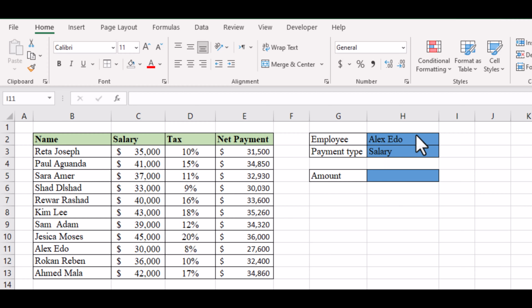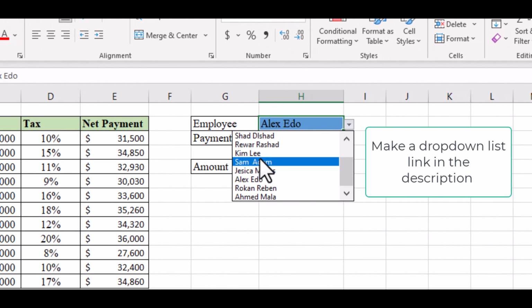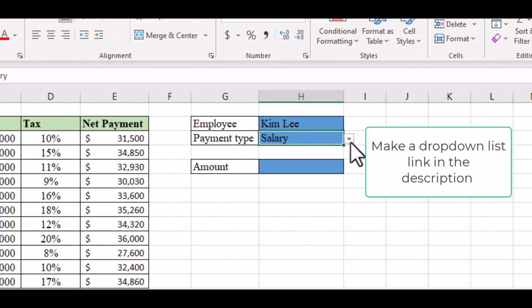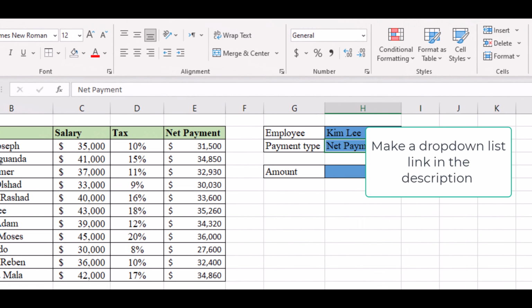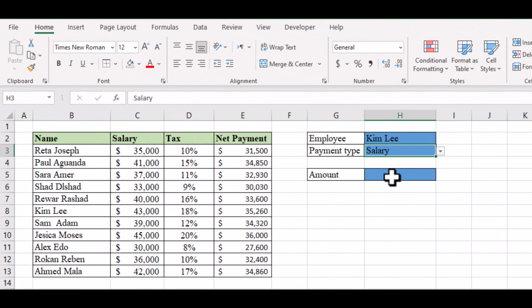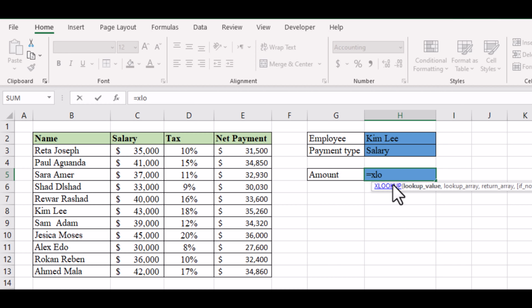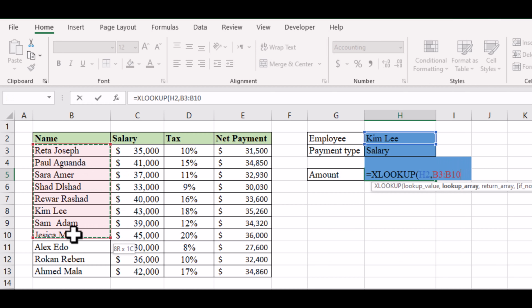Let us begin. Firstly, you have to make a drop-down list for the employee names as well as for the payment type. Write XLOOKUP function here. Select the cell, comma, select employee names,